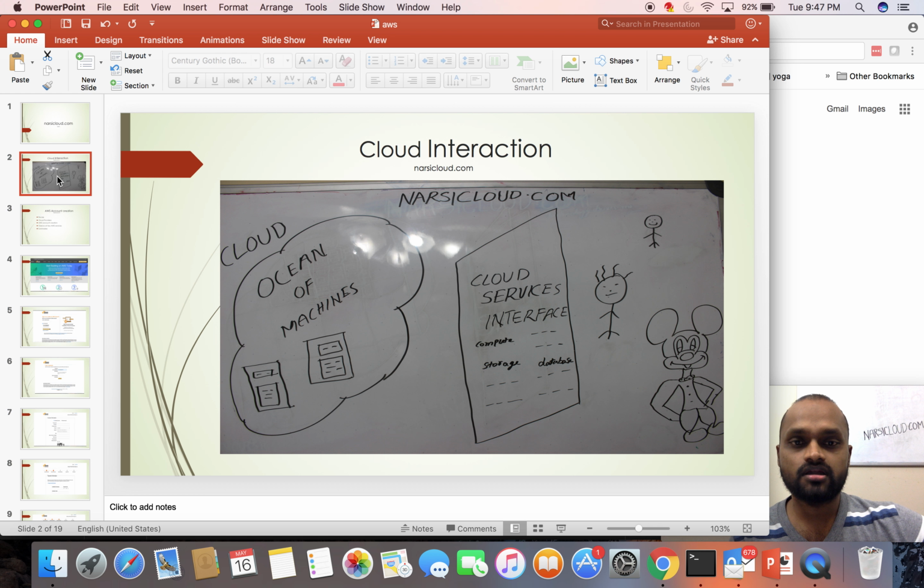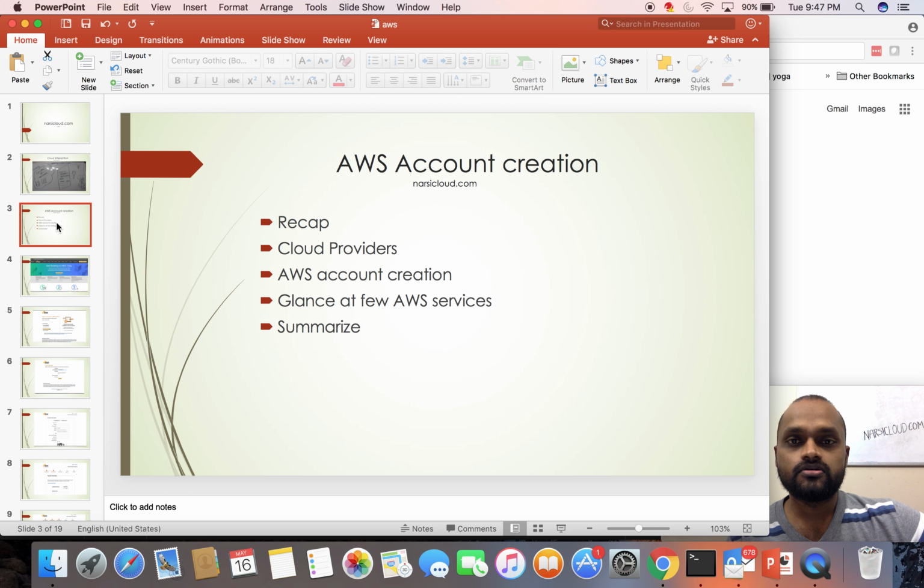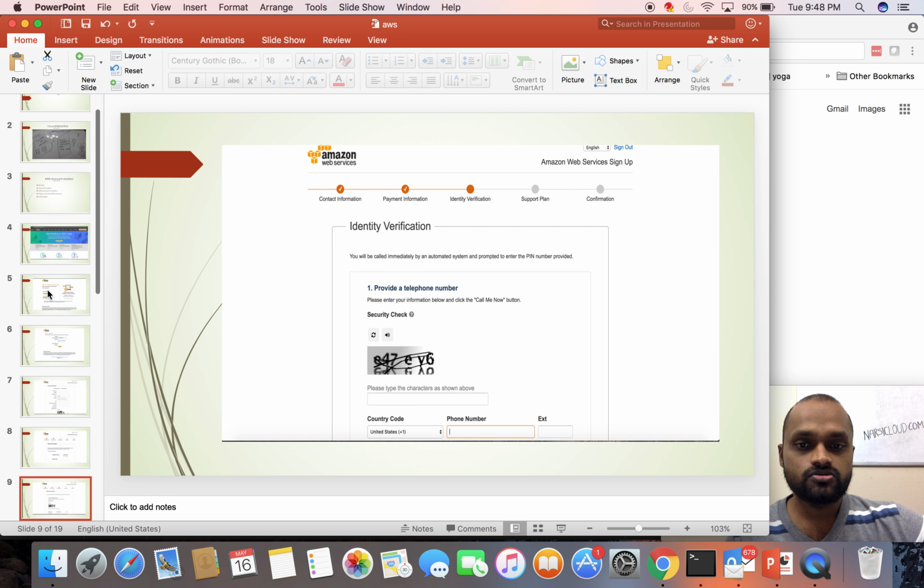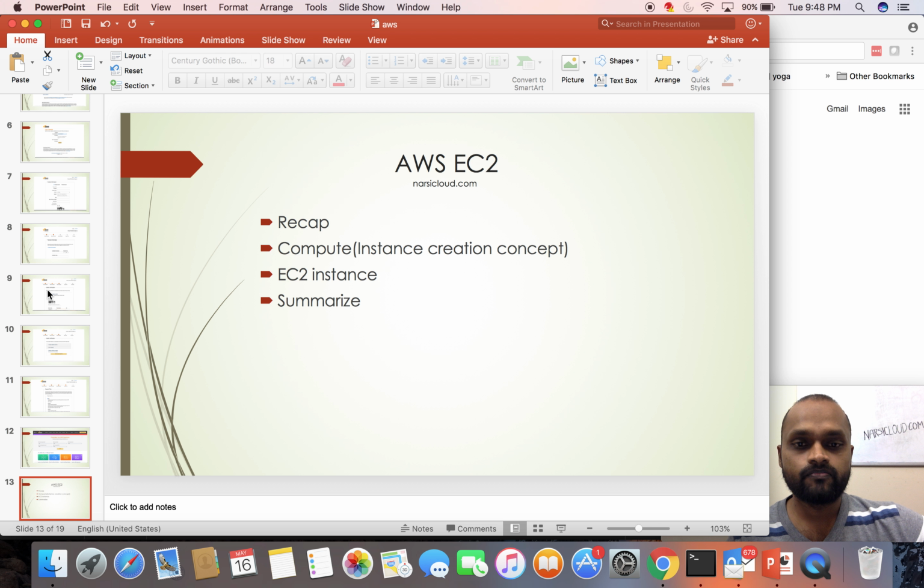So we discussed what is cloud and how the machines will be organized in the cloud, how we can use that. So I will be connecting to the machines in the cloud through the cloud interface. We'll be using the cloud services, and there will be an interface, and you'll have a lot of services like that. And then after that, we looked into how we can create an account in AWS. So we discussed different types of cloud providers and the account creation process. So we quickly went through the steps and created the account, and